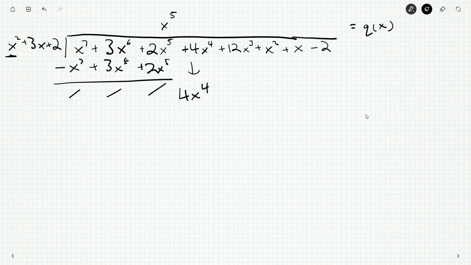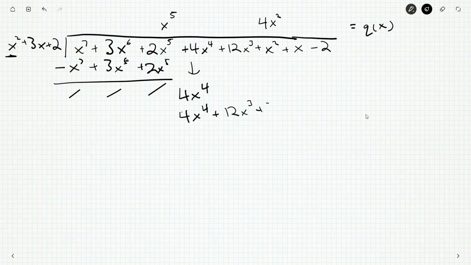It so happens that we got nothing. You'll see we don't always just clear and then bring things down. All right, so now 4x to the 4, that's the next power we haven't used. Divide that by x squared, and we get 4x squared, so we'll put that over the x squared. And now we multiply through. 4x squared, we get 4x to the 4, and then plus 12x